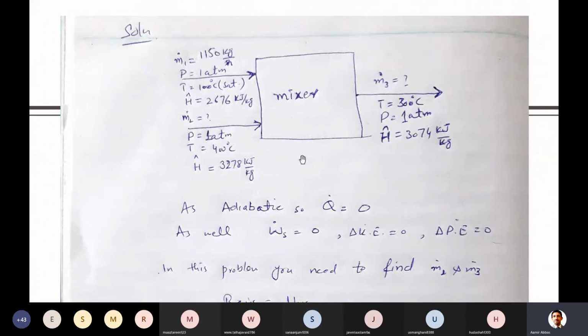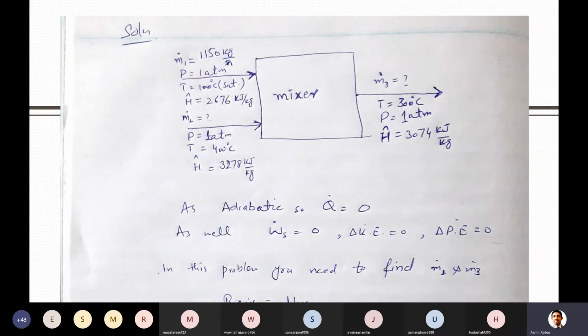Is it a problem of mass balance, energy balance, or mixture? Some mixture. Because you see that he is also talking about enthalpies, temperatures, pressures. If you just go back to the material balance section, you will see mostly he is only talking about the stream flow rates and their composition. And if you jump to the pure energy balance problem, he usually talks about the stream entering, and he usually doesn't talk about the flow rates. But in this question, you can see that he is talking about material as well as energy balance.